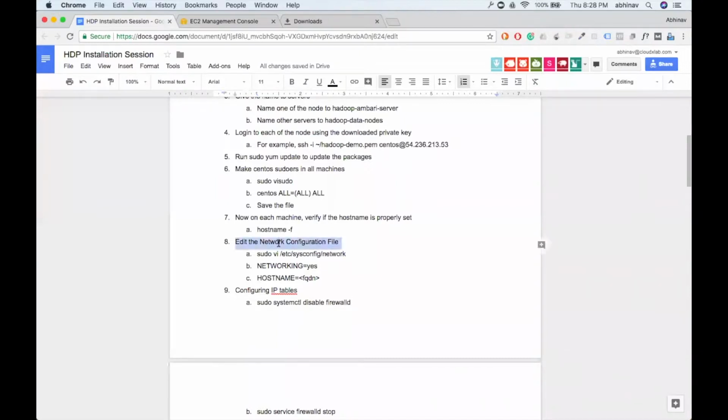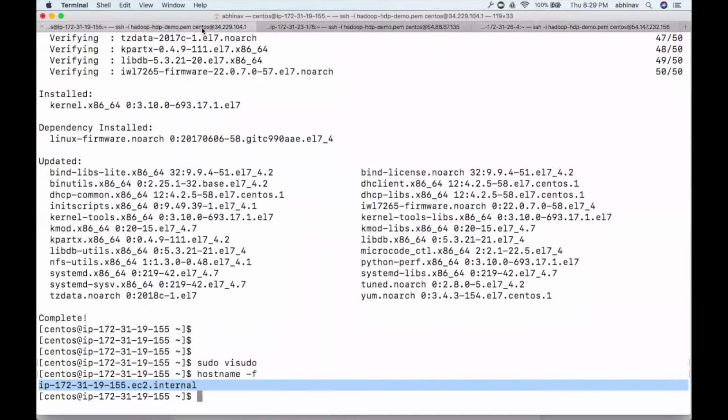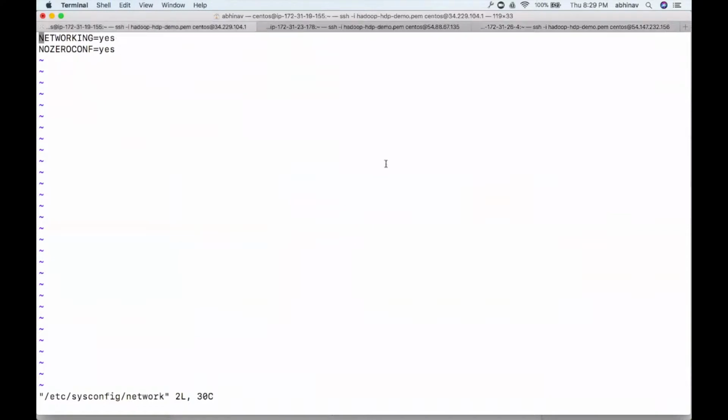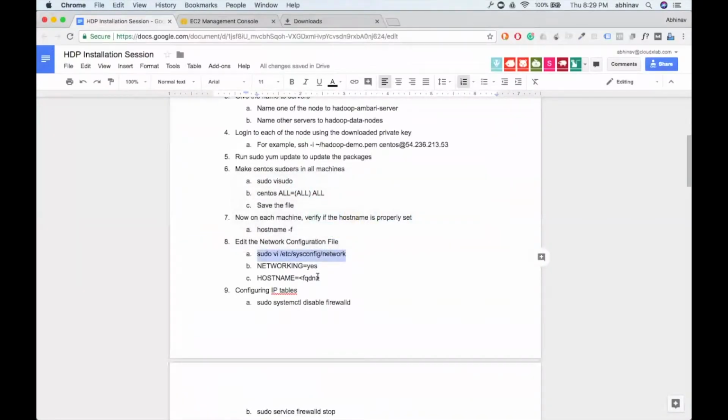Now edit the network file. Next step is to edit the network file. So let's do sudo vi and edit the network file. All right. So here you can see that on the three machines, we have opened the